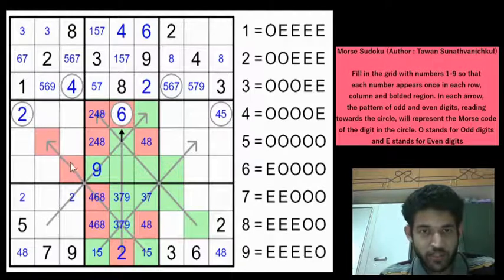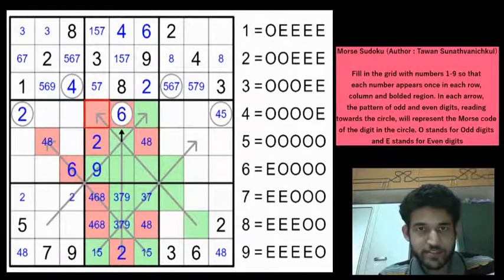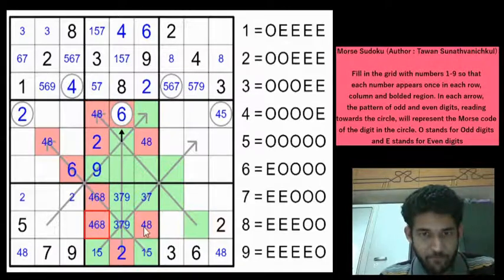And now if you see, this cell cannot be 2, 4 or 8, so it can only be 6. And this is going to be 4 or 8. And now we have a 4, 8 pair that gives a 2 here. So this is going to be a 4 or 8. Right, and 4, 6, 8 triplet. Not much.